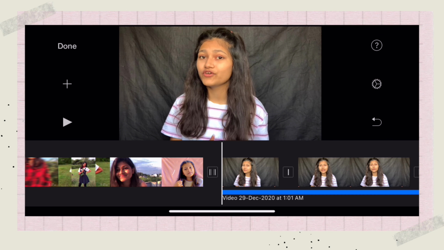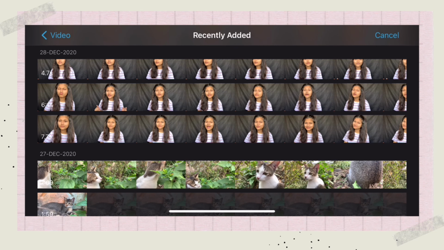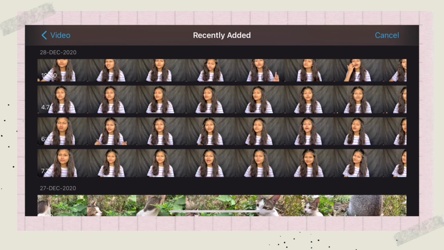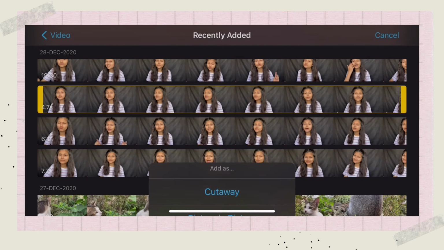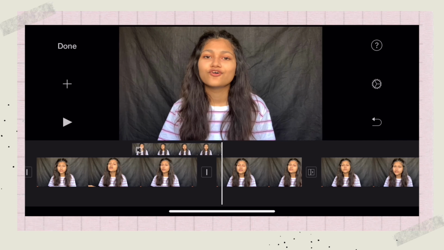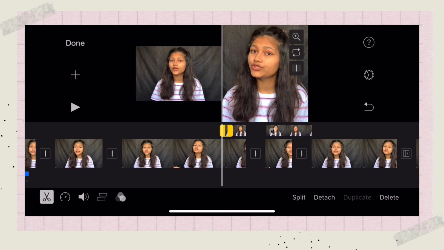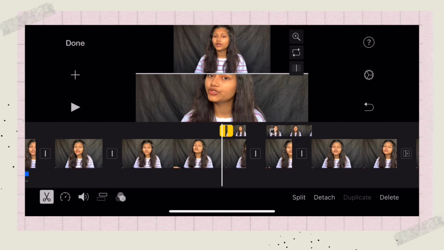Then go in videos, choose the video which you want on your screen, then tap on the three dots and choose split screen, and you'll get the split screen. Then adjust the video as per your screen, and there you have it. You have the option of whether you want the split screen on the right, left or down, so choose accordingly.